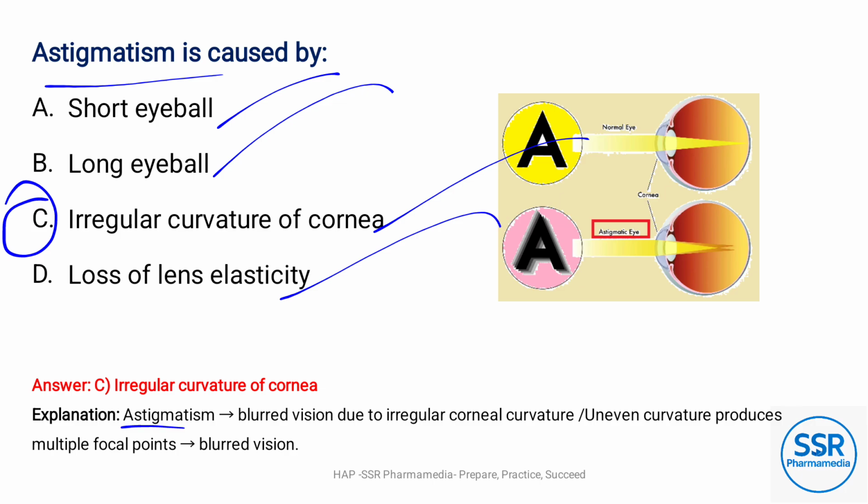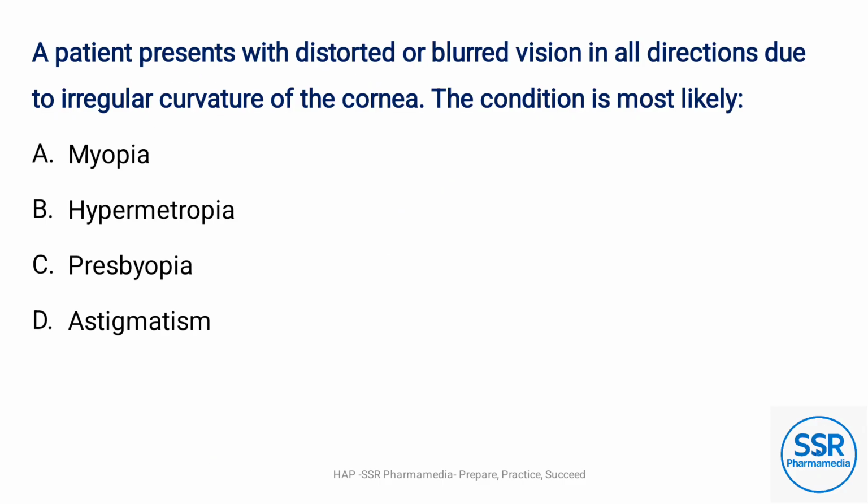So astigmatism leads to blurred vision due to irregular corneal curvature, or uneven curvature produces multiple focal points. A patient presents with distorted or blurred vision in all directions due to irregular curvature